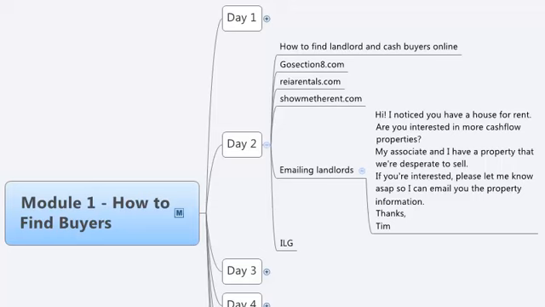We are still on module number 1, how to find buyers. Today you're going to learn how to find landlord and cash buyers online. An easy way to find them and send emails to them, okay? And so,